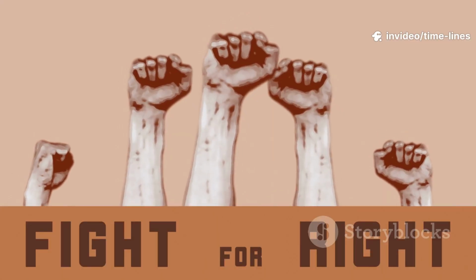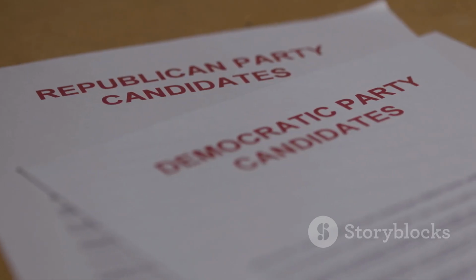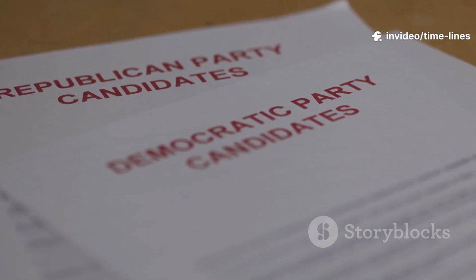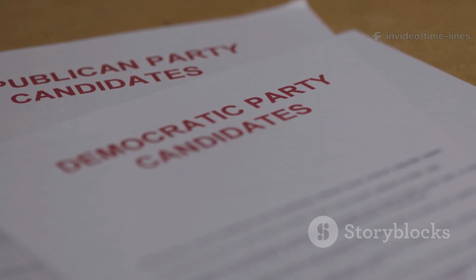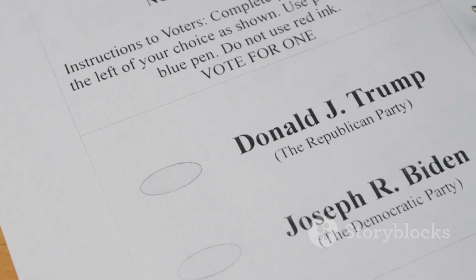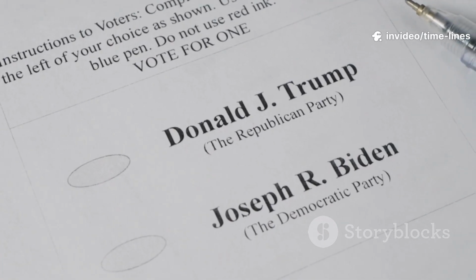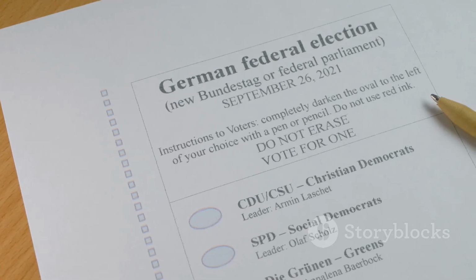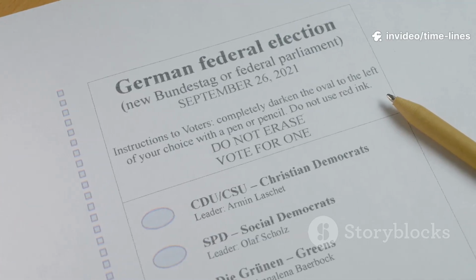Moving from the city to the countryside, we find agrarian or rural parties. These parties champion the interests of farmers, ranchers, and rural communities. Their platforms focus on agricultural subsidies, land rights, water management, and investment in rural infrastructure. They emerge from a sense that the concerns of the countryside are often ignored by urban-centric national governments. These parties ensure that the voices of those who live and work on the land are heard in the halls of power, providing a crucial counterbalance to the political weight of major cities.